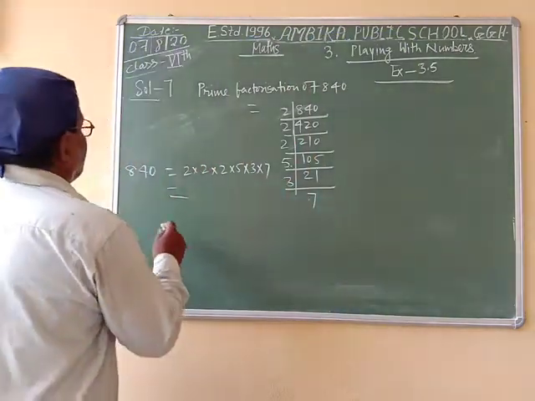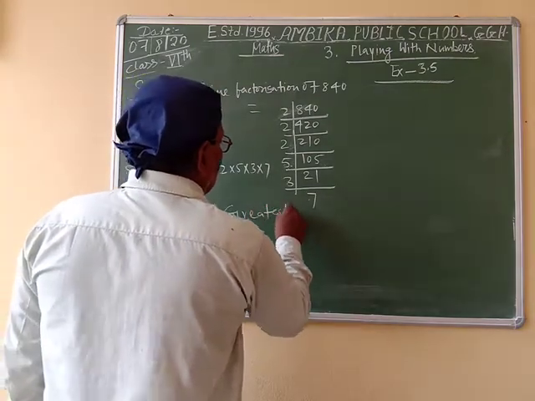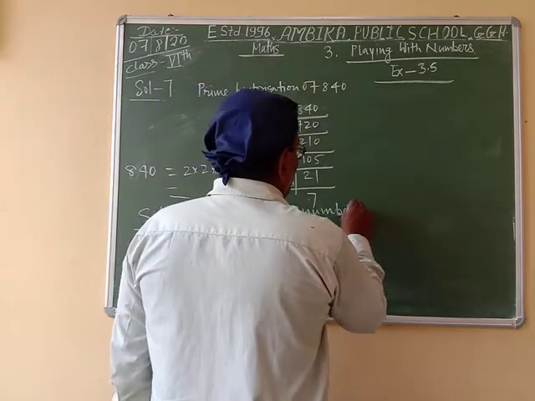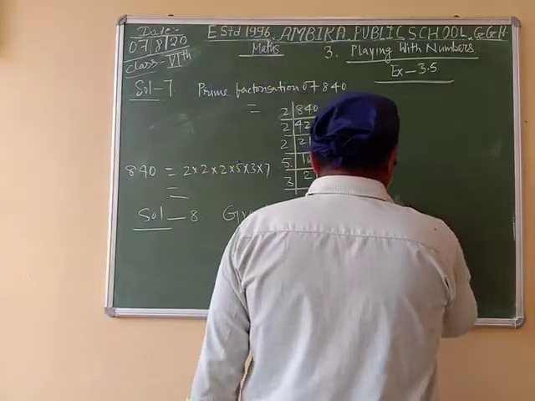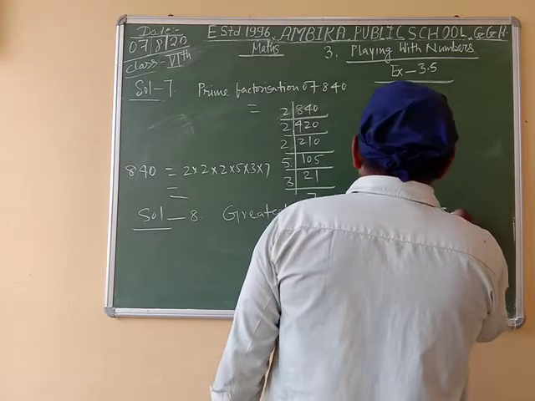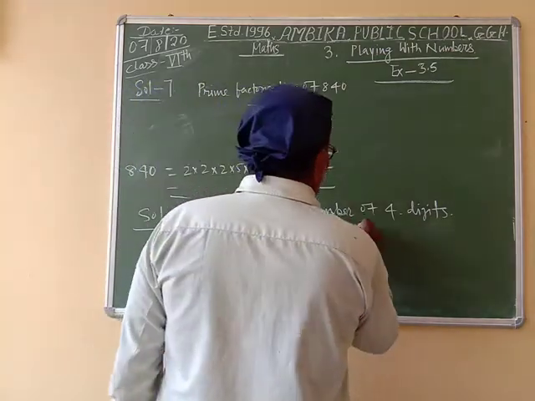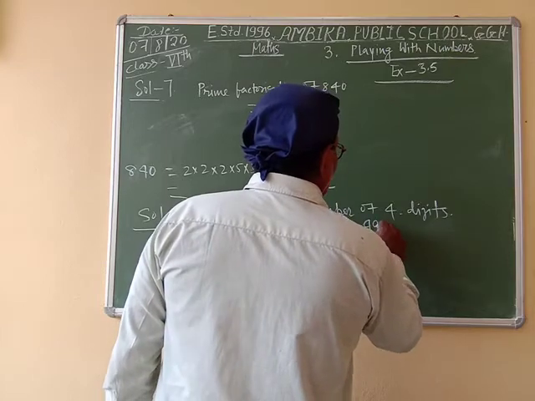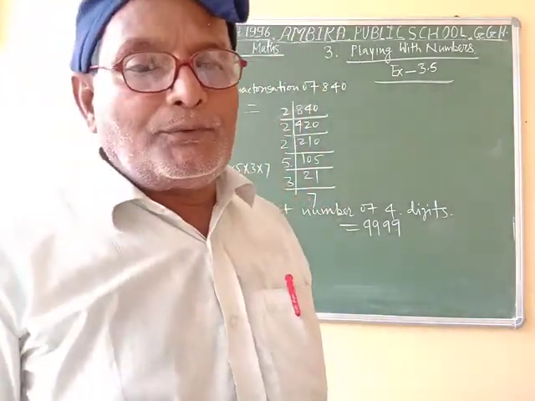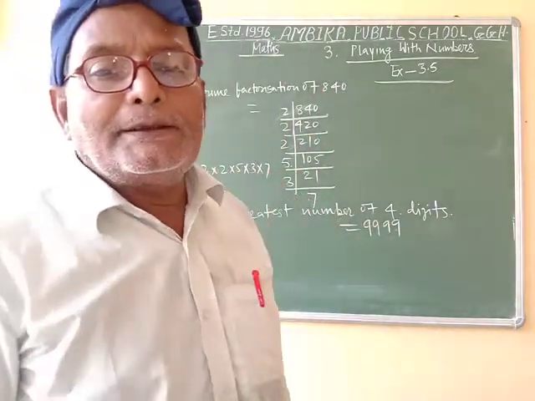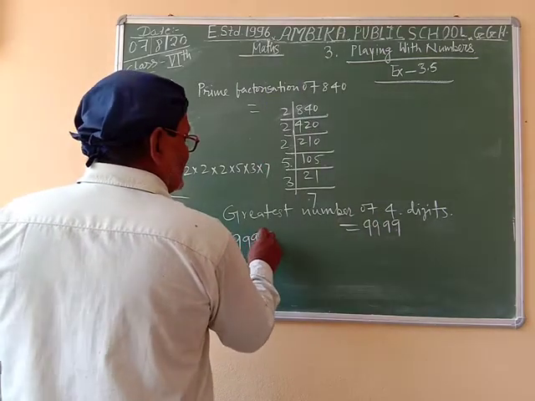Greatest number of 4 digits will be 9999, and the prime factorization of 9999 is equal to